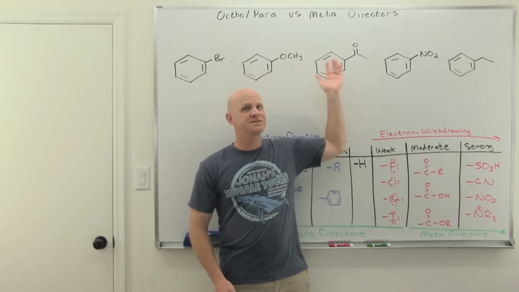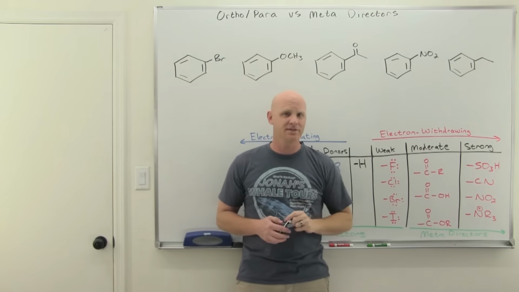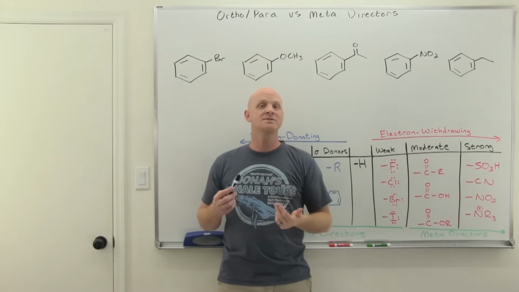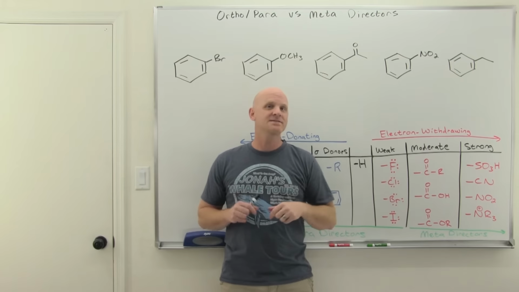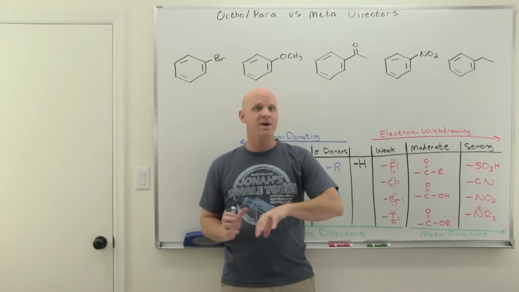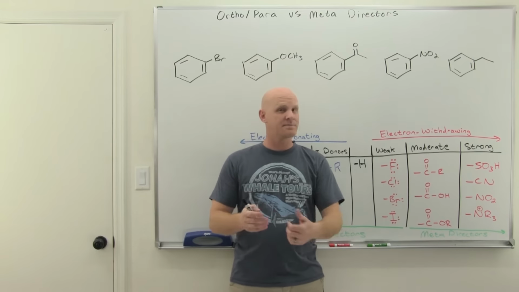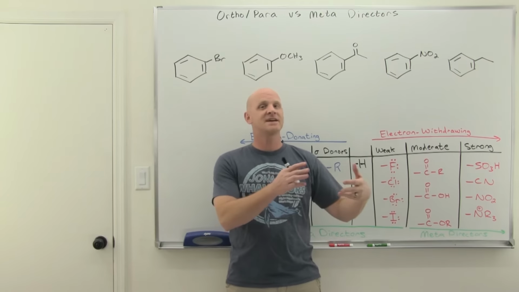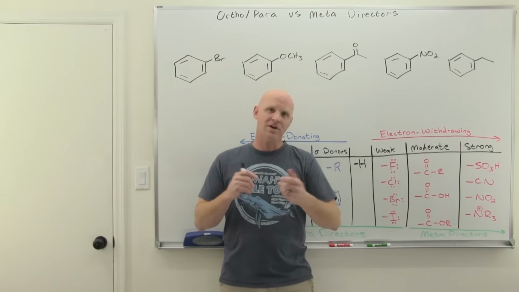Ortho-para directors versus meta-directors is going to be the topic of this lesson. We're going to take a look at EAS reactions for substituted benzenes. When you've already got a substituent on benzene, it gets to decide where an EAS reaction will happen. Some substituents direct EAS reactions to occur ortho or para relative to themselves. We call them ortho-para directors. Other substituents will direct EAS to happen at the meta position instead, and we call those